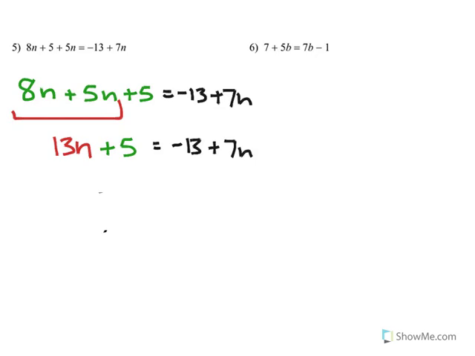So we've simplified that left-hand side. We can't do anything else with it. Let's take a look at the right-hand side. Negative 13 and 7n. There's nothing I can do there. I can't simplify that side. And so now that each one of our sides is simplified as much as we can, now we're going to